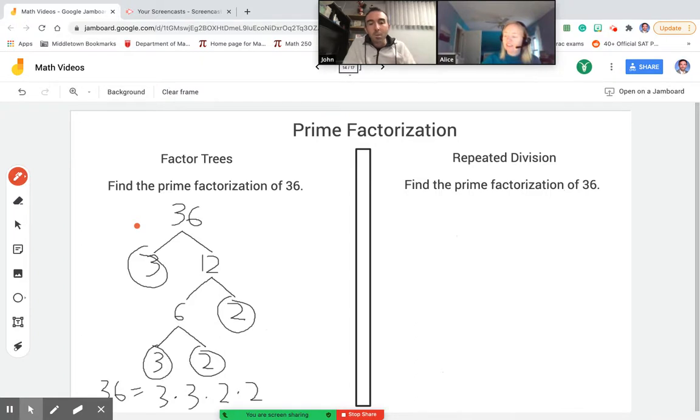And when we divide, we want to divide by a prime number so that we can keep track of the prime numbers that go into 36 or are factors of 36. So we will perform it in a repeat type fashion. I noticed that you started with 3 and 12. Just to show that there are multiple ways to arrive at a correct answer, I'm going to start by dividing